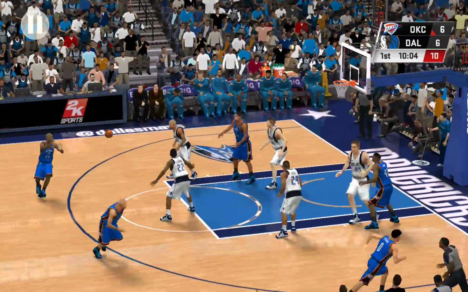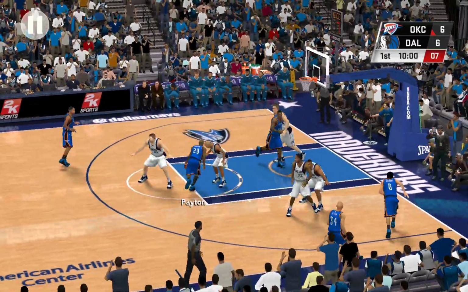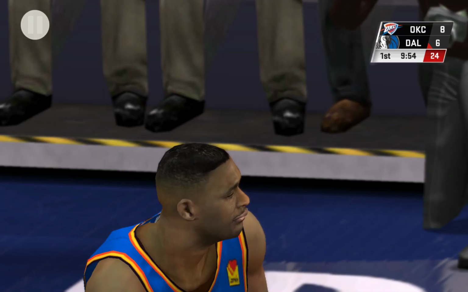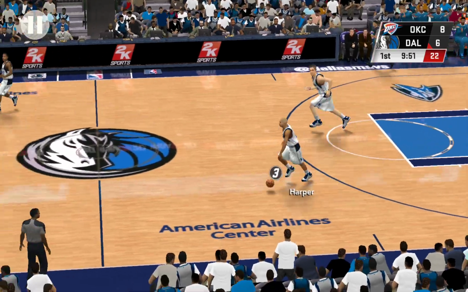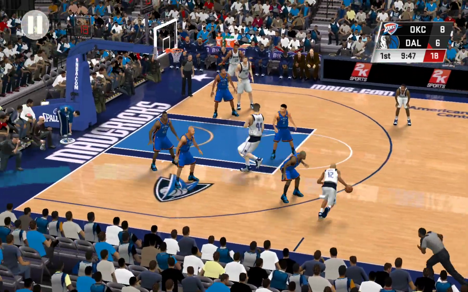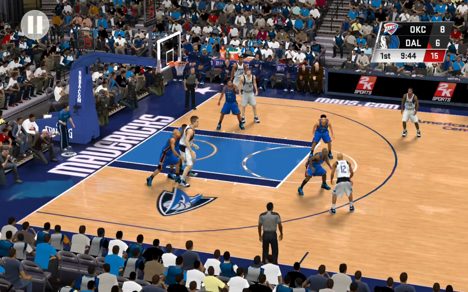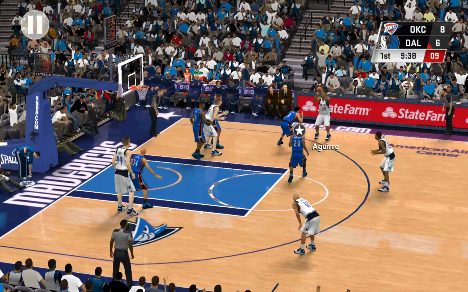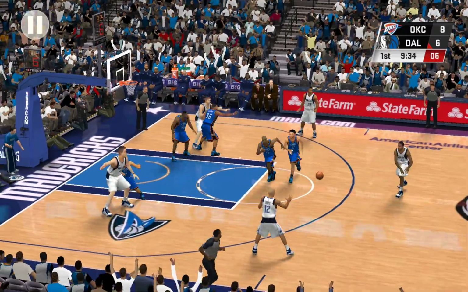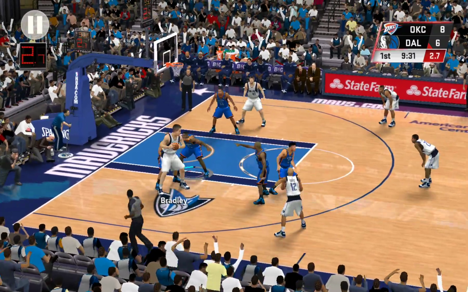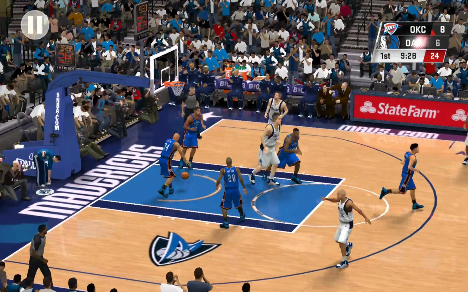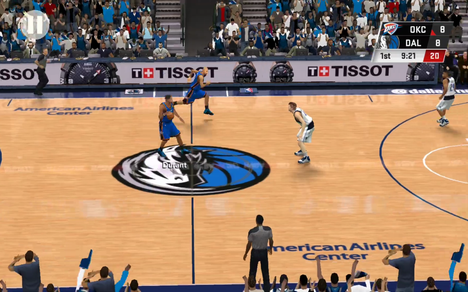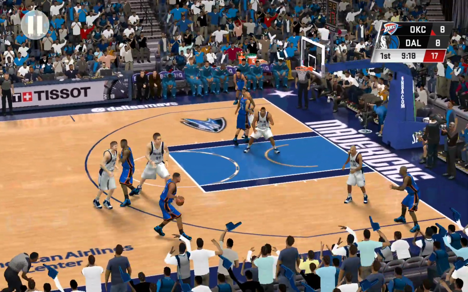Now about 2 minutes gone here in the first quarter. Payton outside. Pass to Kemp. And takes that one up and powers it through. Here's Harper. And here is Nowitzki. Here's Aguirre. Shot clock at 6. Here's Harper. Here's Bradley. Banked in off the glass. He really made that mismatch pay off. A defender giving up that much size isn't going to be able to put up much resistance near the basket.